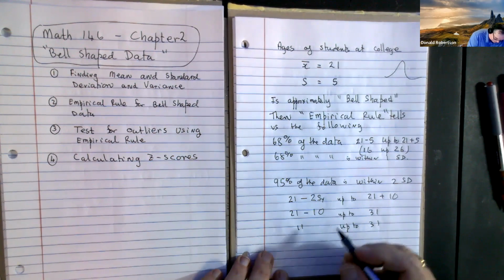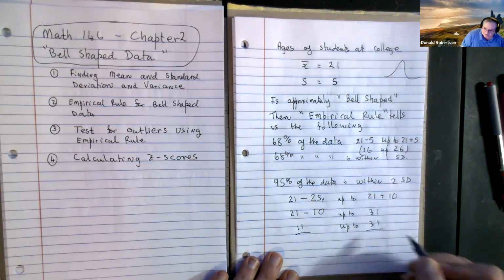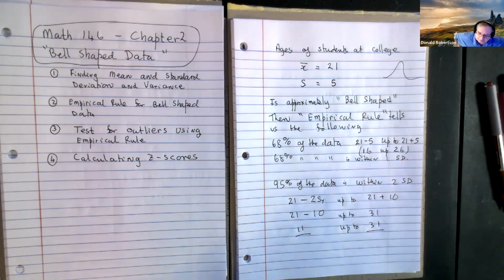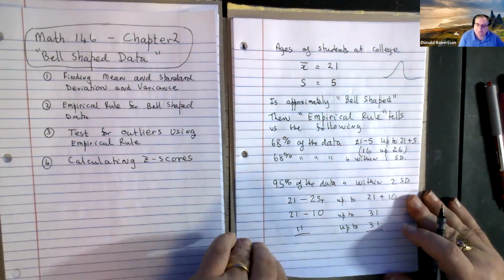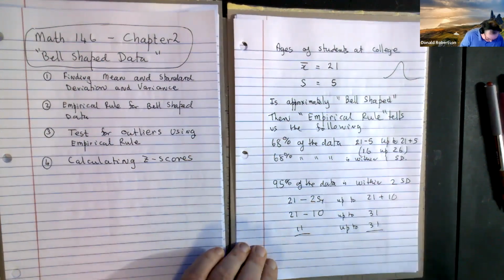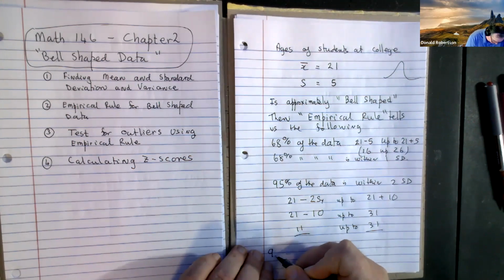I can tell you that 95% of the students are somewhere between 11 and 31. Interesting college list. And maybe they have some kind of after school activity where young people come. And then there's one more with the even weirder value that